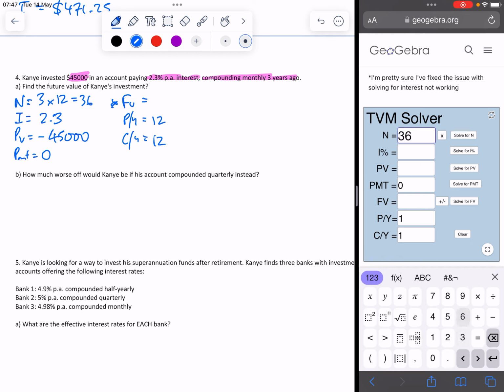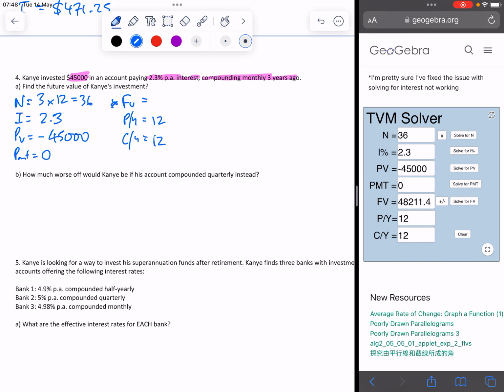PV is negative 45 grand. FV is what we're solving for. PY and CY are both 12. Solve for FV, we get 48,211.4. Therefore it grows to